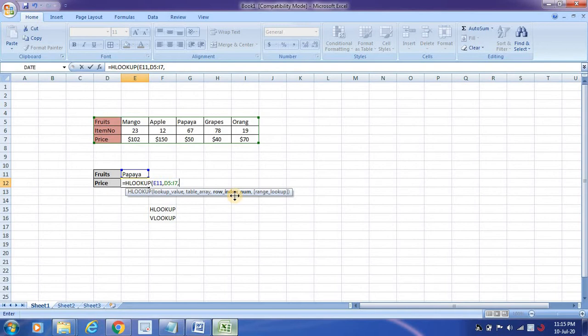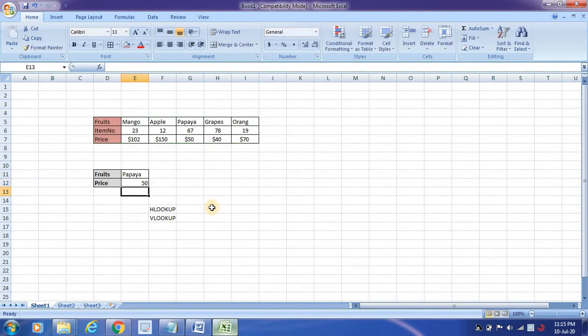So what is my row index? I want to display the price, so price is my third row. Just write the third row and comma. Then there are two options which we have already discussed in our previous session: true for approximate match, false for exact match. I am going to take the exact match, close the bracket and press enter.